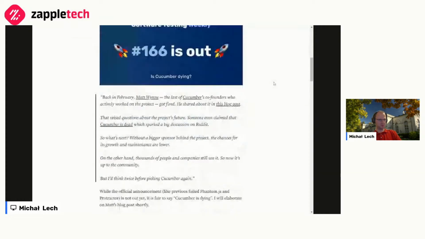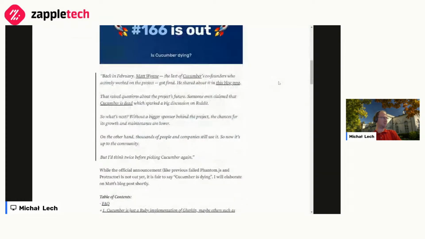And in February this year, the last of the persons who actually took part in creating Cucumber left the company which maintains it as a commercial project, which I believe used to be HipTest, and now it's trying to be Cucumber Studio. So now I expect a massive turn away from Cucumber and attempts to do something else, which is probably going to be a very, very interesting thing to observe and see what was happening.